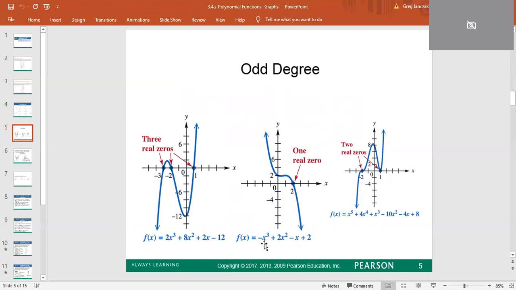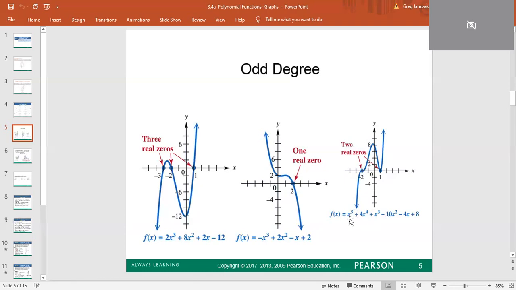The next one, the middle one, is a negative x cubed. So that's where it flips, right? Instead of being up to the right, now it's down to the right and up to the left. And so you see that end behavior because of the leading term. You look at the leading term. And the last one